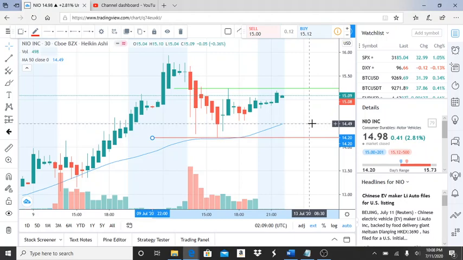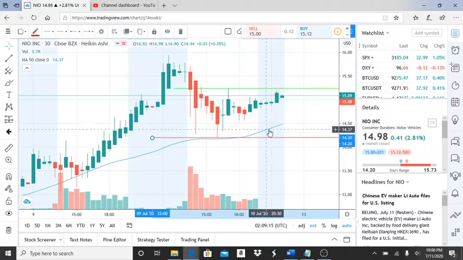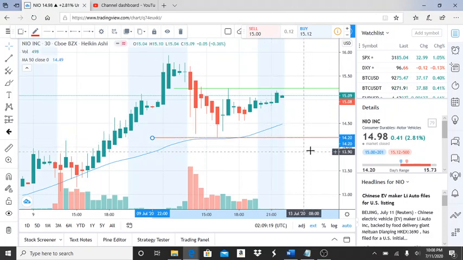Now, the support level is important because if the support level does get broken, now you can start to analyze and say, oh, the bears are starting to gain the upper hand. Now, that's when I would really keep a close eye on this stock because 1420 is the support level. Now, if the bears break through it and they continue to break through other support levels below that, then that'd be a concern, right? For those of you that are bulls. And for the bears, you're on your way to victory.